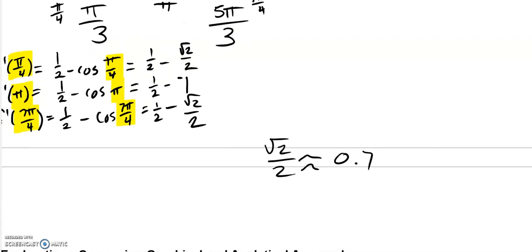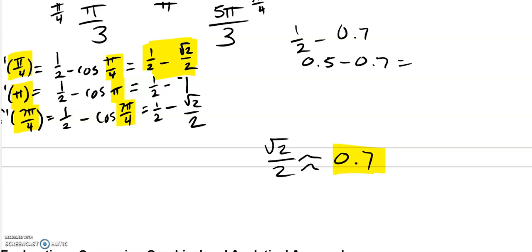So you get 1/2 minus radical 2 over 2, and radical 2 over 2 is about 0.7. So then that means that this answer is going to be a positive answer. I'm sorry, it's a negative answer. I said that wrong, because 0.7 is larger, so you would have 1/2 minus 0.7, or 0.5 minus 0.7, and all we care about is that it's going to be a negative answer. So our answer is negative here. 1/2 minus a negative is plus a positive, so it's going to get a positive answer there. And again, down here, you'll get a negative answer, right? So it goes from negative to positive back to negative. So then come up here on our